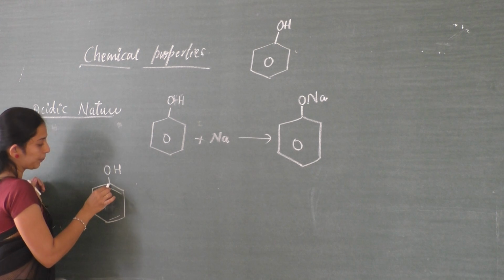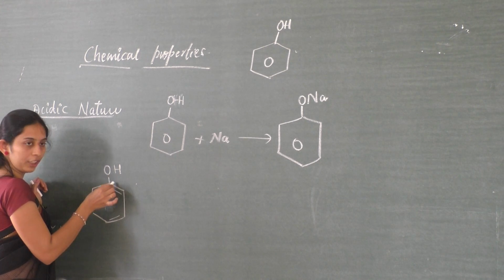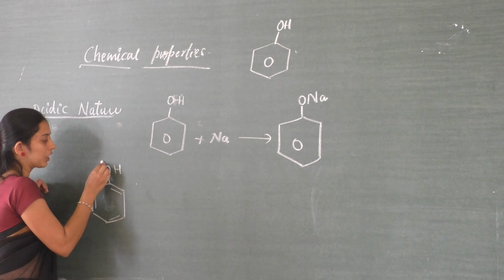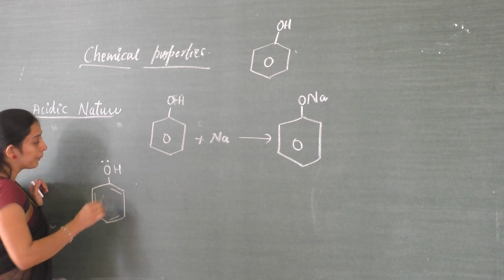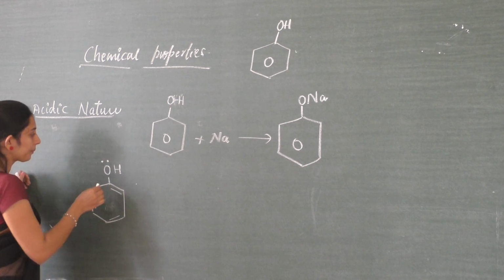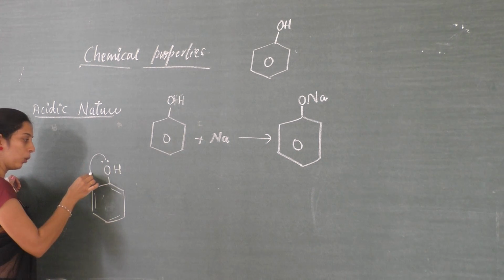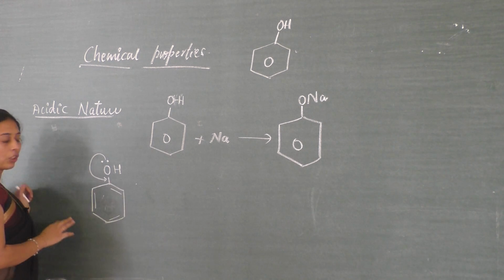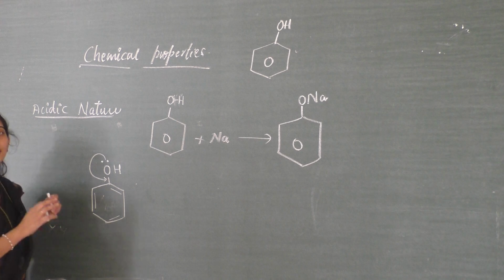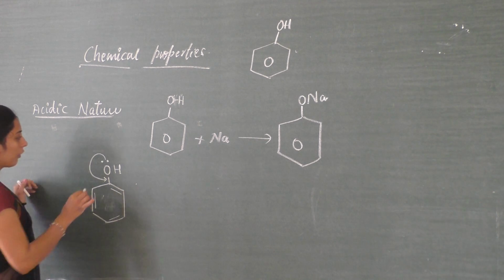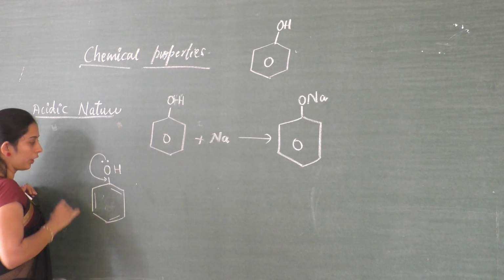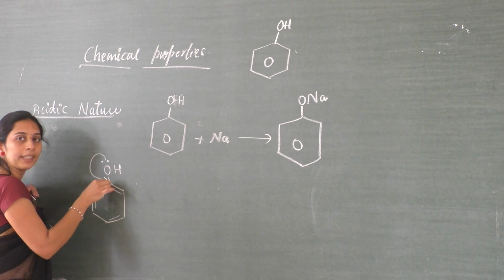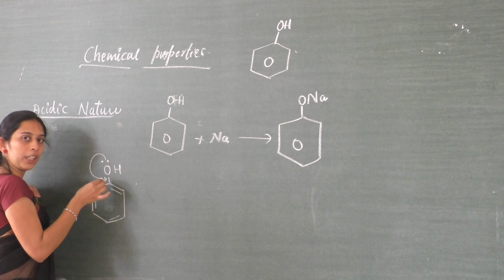Whenever an sp2 hybridized carbon, which is an electron withdrawing group, is connected to the electron donating OH group, here the oxygen has a lone pair of electrons, isn't it? This lone pair of electrons immediately undergoes resonance. I can write a resonance structure for the phenol. By writing a resonance structure of phenol, one can explain its acidic nature. So in phenol, oxygen is an electron donating group, and this electron donating OH group is connected to the sp2 hybridized electron withdrawing carbon atom.